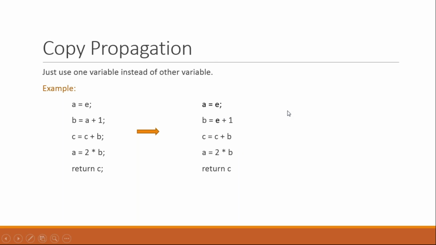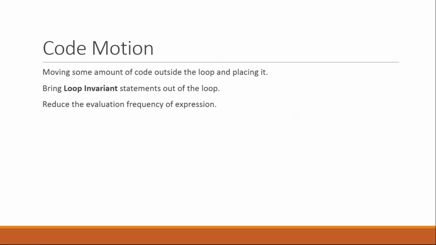So the next method is code motion. Now what is code motion? Sometimes we use loops: for loop, while loop, do while loop, right? In those loops, some unnecessary statements are there in our for loop, which are not required to be written under the for loop. So if I move that code from my for loop to outside of my loop, then there is no change in my program.